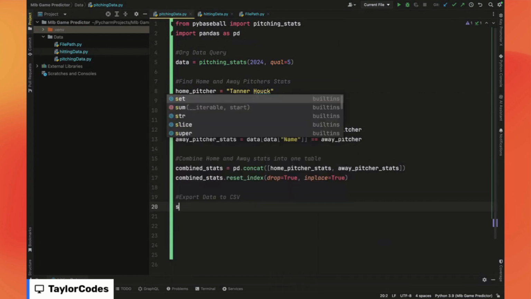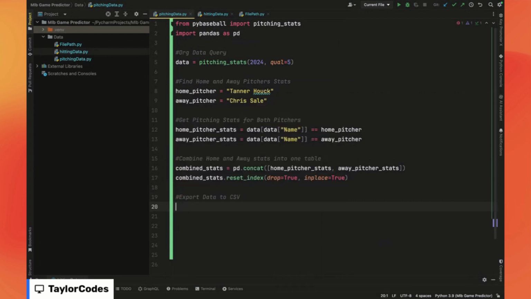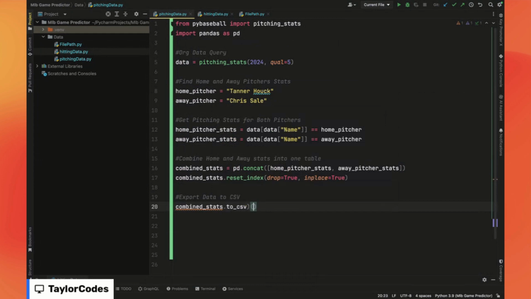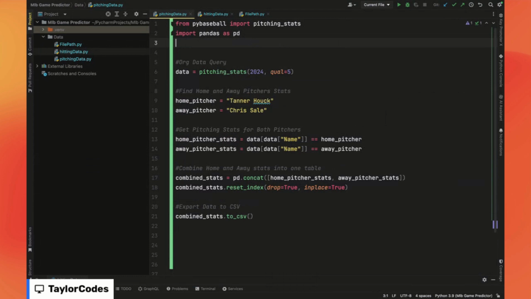And to do that, it's going to be similar to our hitting stats. So we'll say combined stats, and then we'll use the toCSV function, and the file path we're going to be using is the one that we already specified earlier, and this file path,